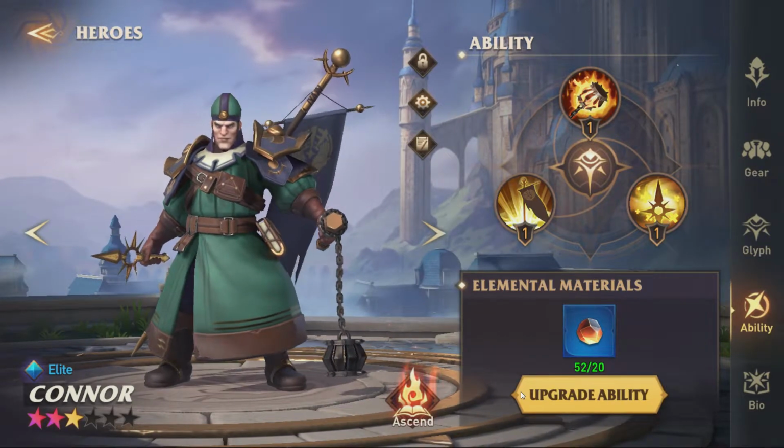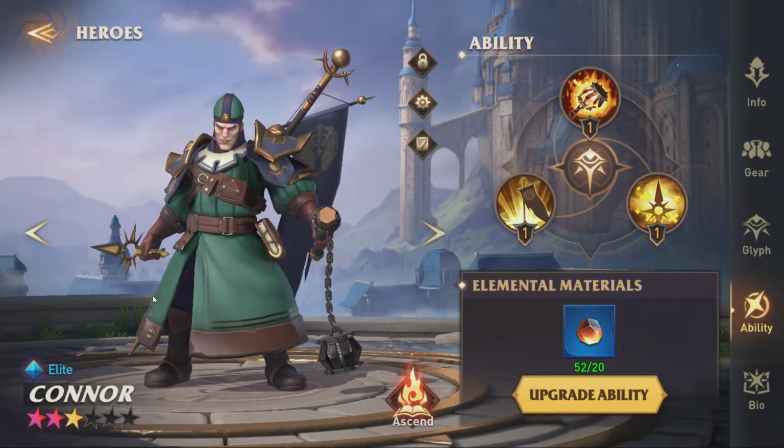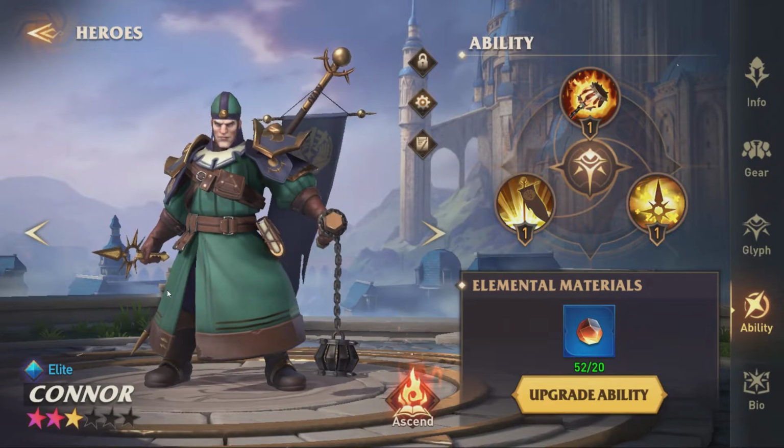Maybe one of these guys. Okay, so here we go. So here's Connor, who's a pretty decent elite hero. We haven't really worked on him too much yet, but you can see here we have all of his abilities